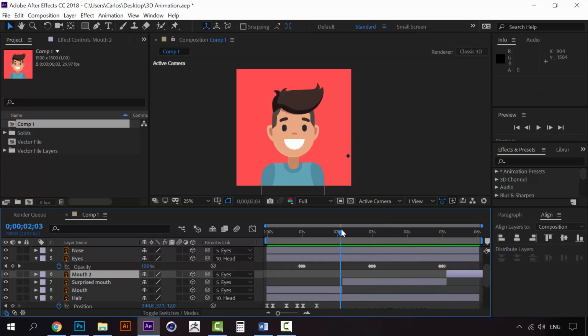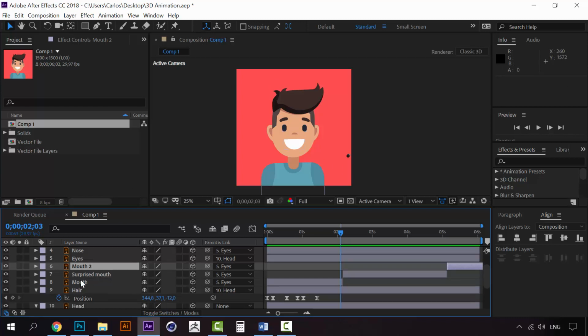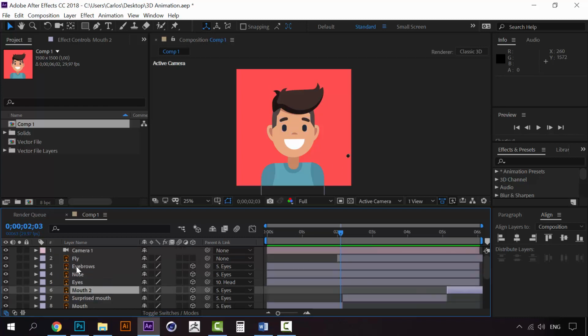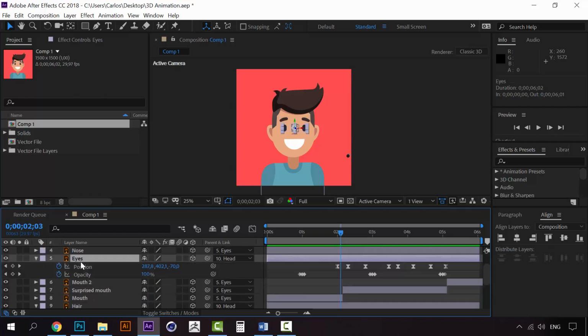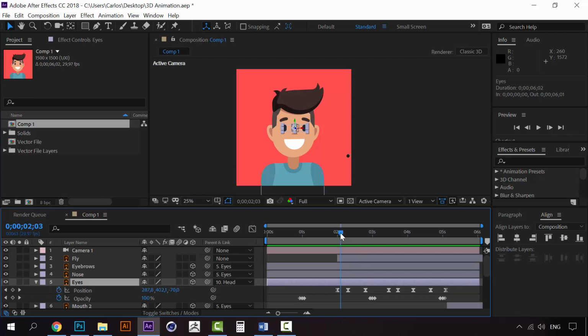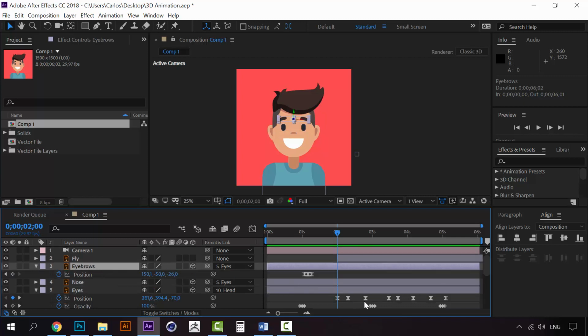Alright, now another thing that we can fix is a little bit the eyebrows to give more depth to the eyebrows or to the face in general. I came up with this. When the eyes move, I'm going to open the position for the eyebrows, and when the eyes move, I'm going to click here, and when the eyes go down,